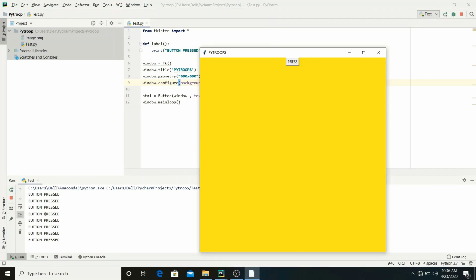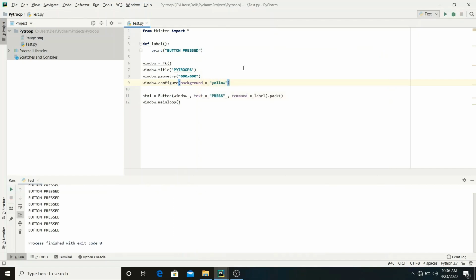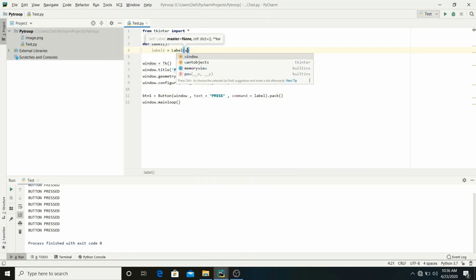Now if you want to show this output on your main window as a label, you can do it. Just go to your label function and instead of print, make a label here. Let's quickly make a label. Let's say label1 is equals to Label, which is a function of tkinter again. Where do you want the label? On your main window.